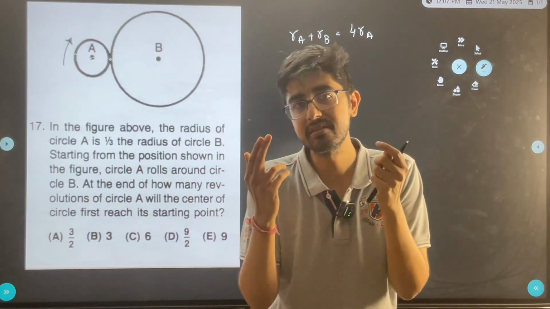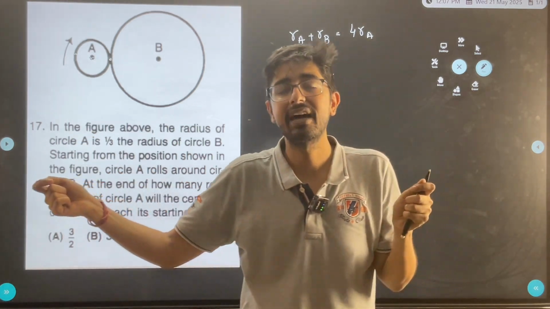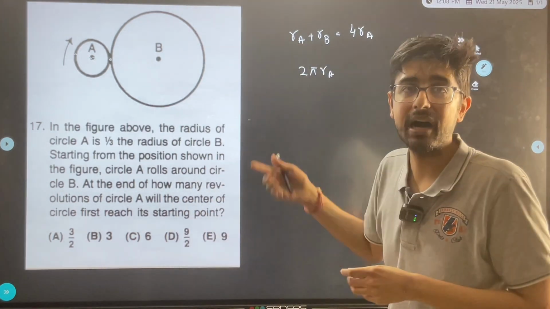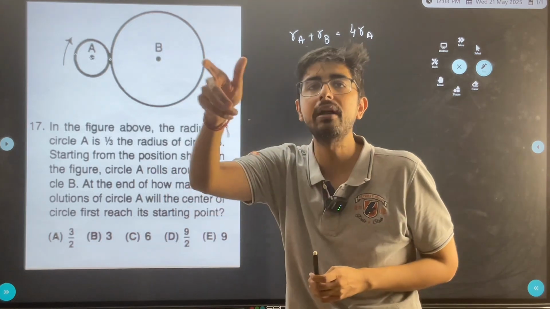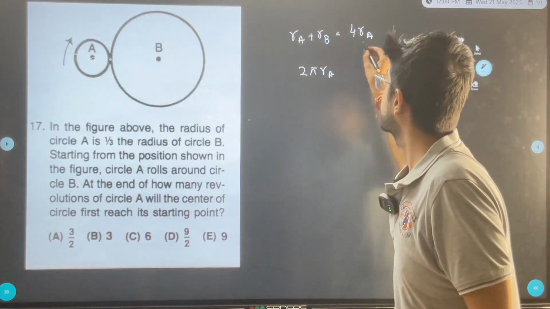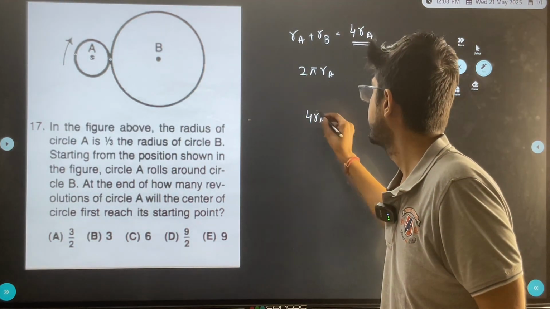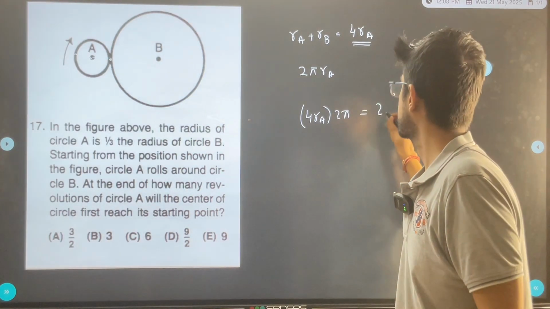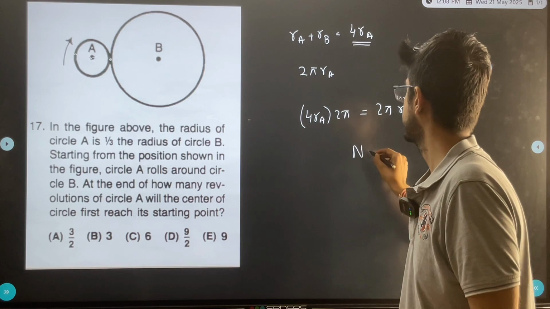It's like when you take a circle and you cut it open and stretch it along a line, the length that the circumference of the perimeter traces is 2 pi r, and that's the distance the center A would have revolved with one rotation. But that center needs to rotate through a distance of 4 RA into 2 pi. This should be equal to 2 pi RA into the number of rotations, and from this you will get